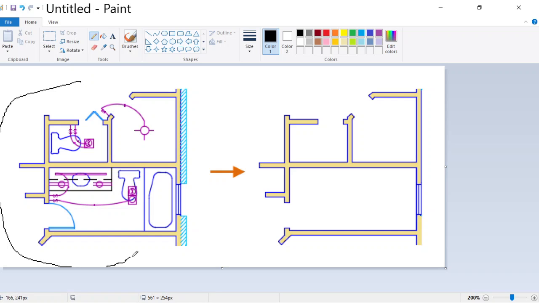This is a diagram with some different layers. If you want to view a particular layer, you can turn off the remaining layers or freeze them, then perform whatever operations you want.